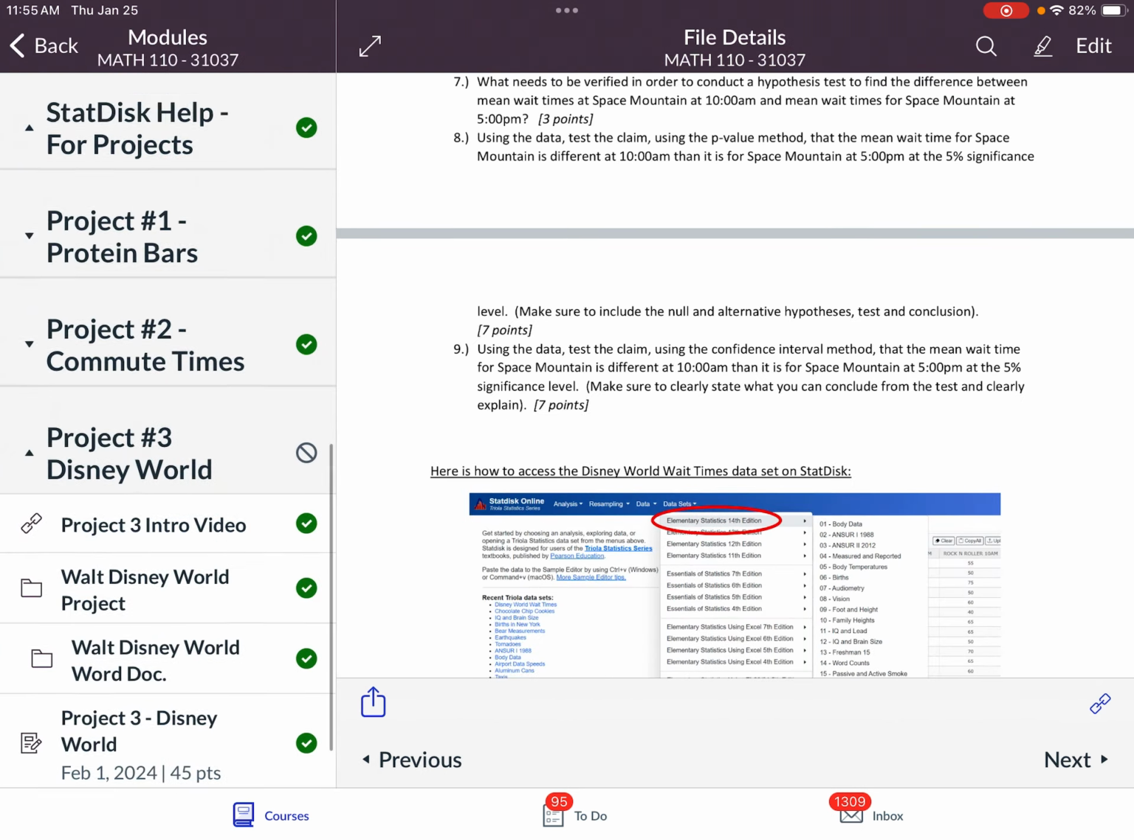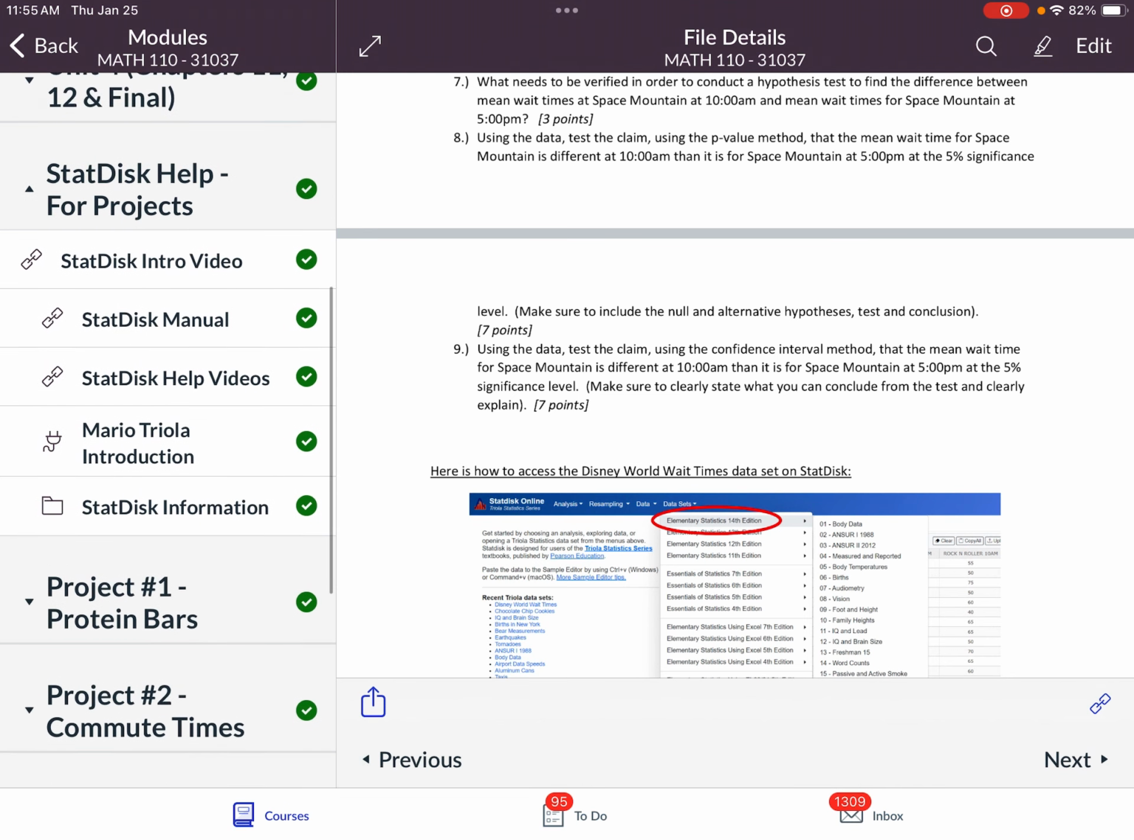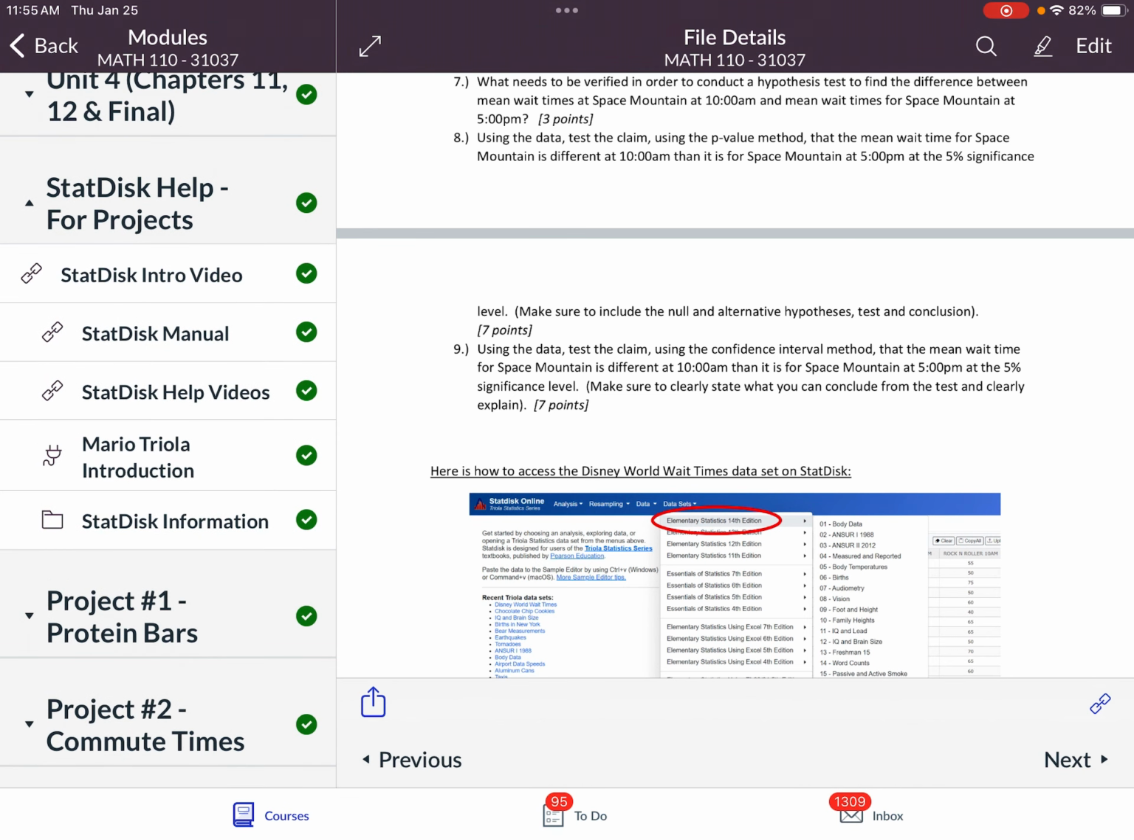So also to remind you, we do have another folder on here that says StatDisk Help for Projects. There's an intro video, the manual, which is a great place to look, help videos, which I also find very resourceful for us. And again, like we said, this stuff is coming from chapters 7, 8, and 9, and those videos are labeled by 7, 8, and 9,